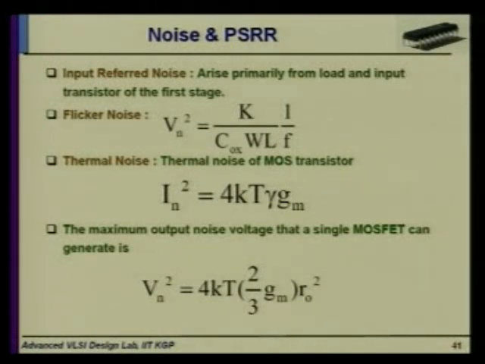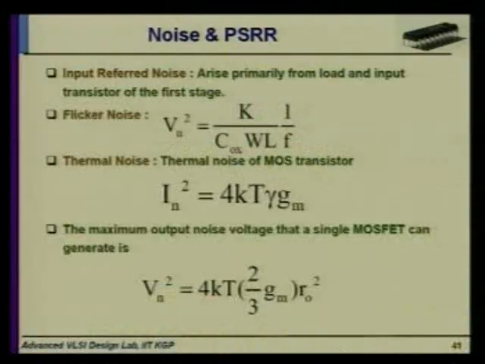After your design is completed, you see that your required area is somewhat like 1.9 millimeter into 1.8 millimeter. So some area is still there, and you can trade off with it. You can increase the W and L of each transistor so that the flicker noise gets reduced without affecting the aspect ratio of each transistor, because we increase L and with the same factor we increase W, so the aspect ratio does not get affected. Okay, so these are the noise considerations.